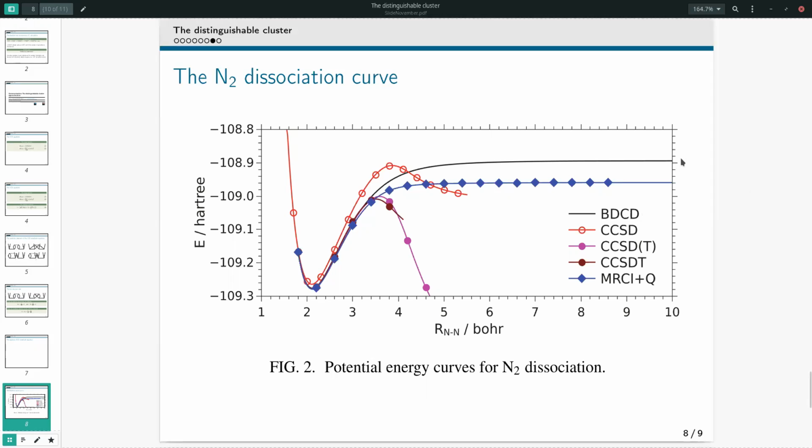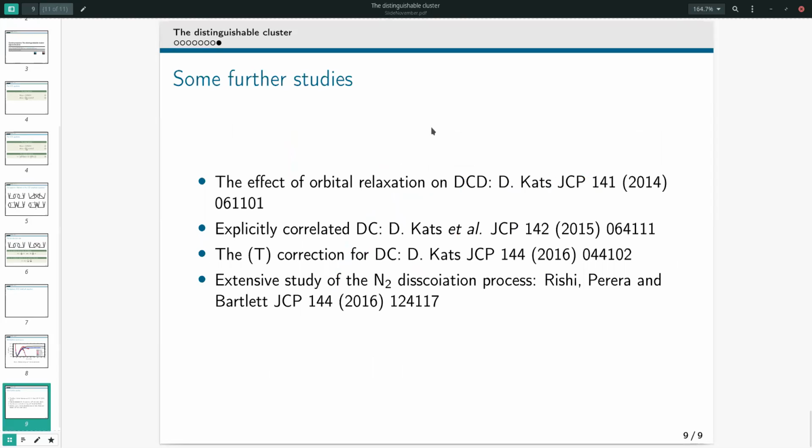So we see that with an approximation with fewer terms, we get results that are better. That's really cool, I guess. There are many further studies on the distinguishable cluster, if you want. They studied the effect of orbital relaxation by including the T1 cluster or by using orbital optimization, as Fabrice presented. After they studied the explicitly correlated method, and also in the paper from Ricci, they studied extensively the